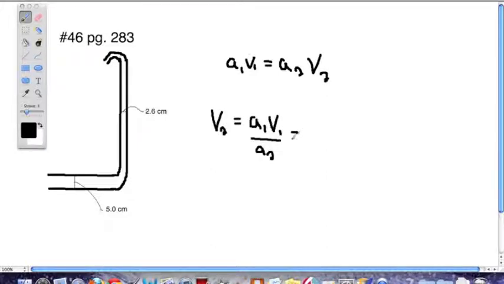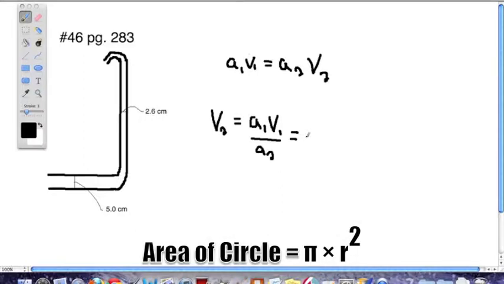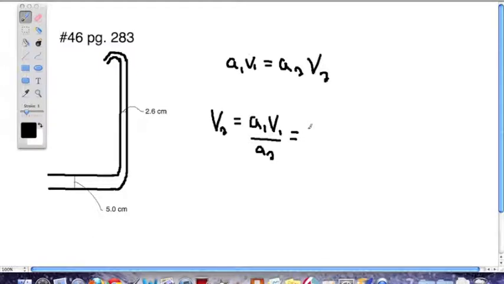Also, to plug these things in, you know that the area of a circle is pi r squared, so the cross-sectional area of this faucet in the first section would be pi times the radius squared. You're given the diameter, so that would be 2.5 centimeters, which is really 0.025 meters squared, times the original velocity, which is 0.6, all over